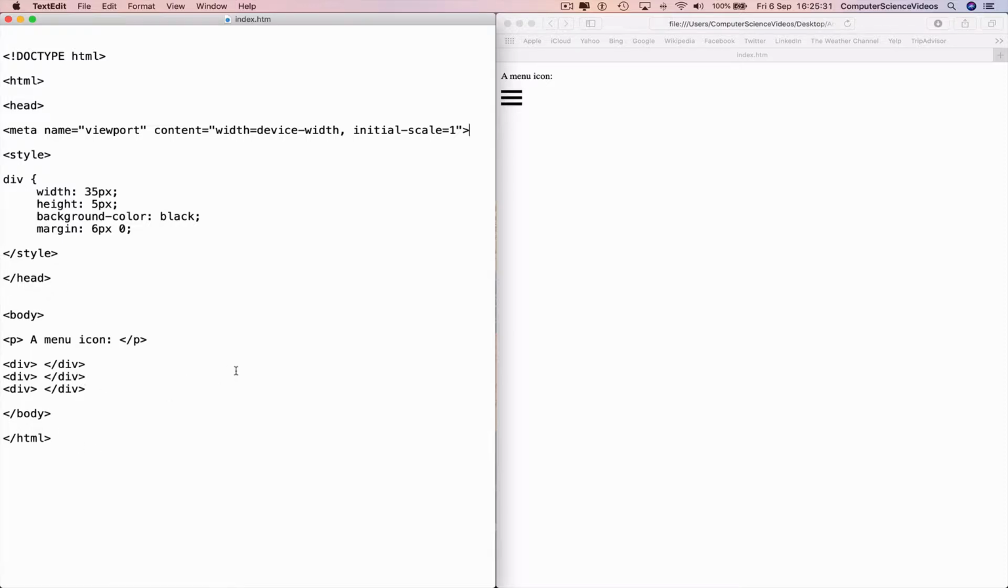Within the body, we can now start adding and changing the HTML code. We will change the paragraph first. Click on the menu icon to transform it to an X. Command S to save, and then go to the div tags